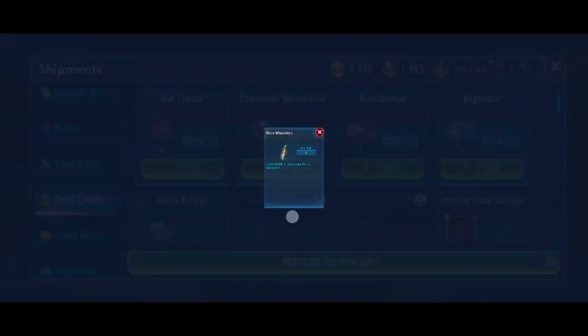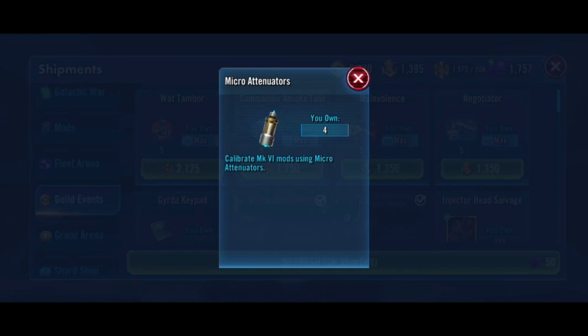Oh, I did forget to say that the attenuators do have a cap of 300. I think it goes 15, 25, 40, 75, 100. I think the last one's 150 on how many times you can re-roll. I don't know, correct me if I'm wrong. I haven't got 150 yet. I've gotten up to 100. Haven't spent 100 yet. But yes, this one does have the currency, so just keep in mind as you're getting